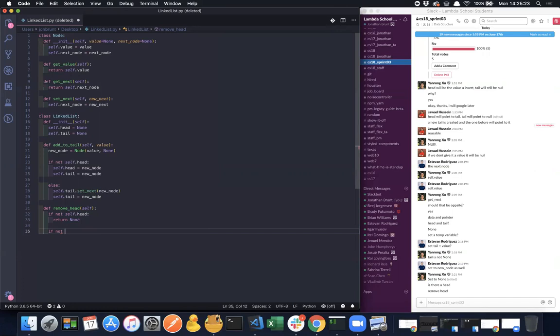No, not remove head, but good thought. What we're going to look for is an action. So we're going to say if not self.head.get_next. And what this is allowing us to do is we're just calling on the head. Since we now know the head exists, the second check that we're doing here is we're seeing, is there a